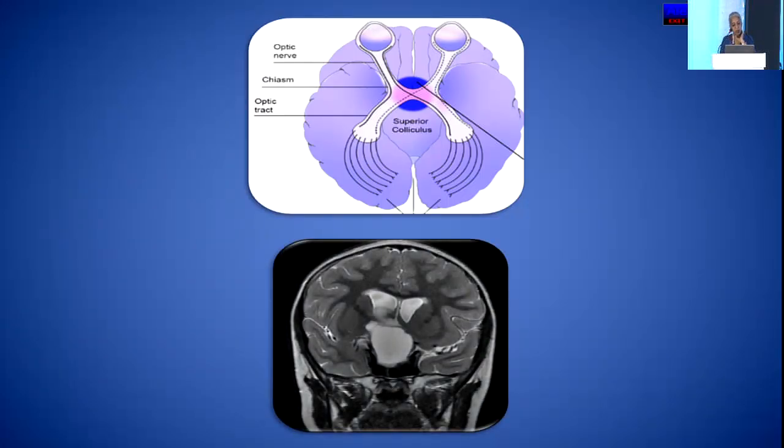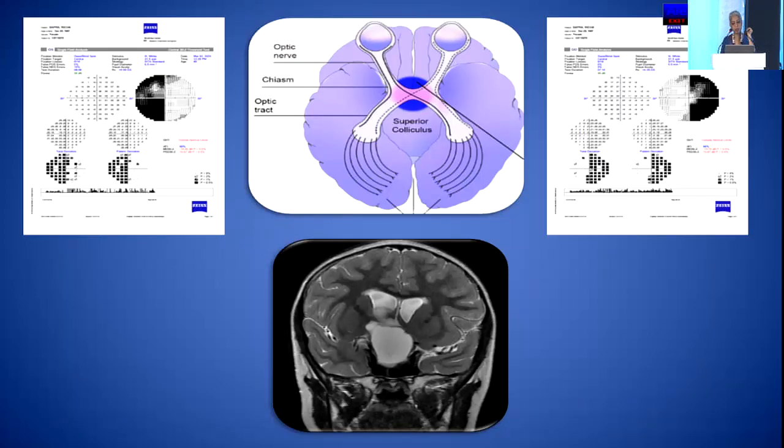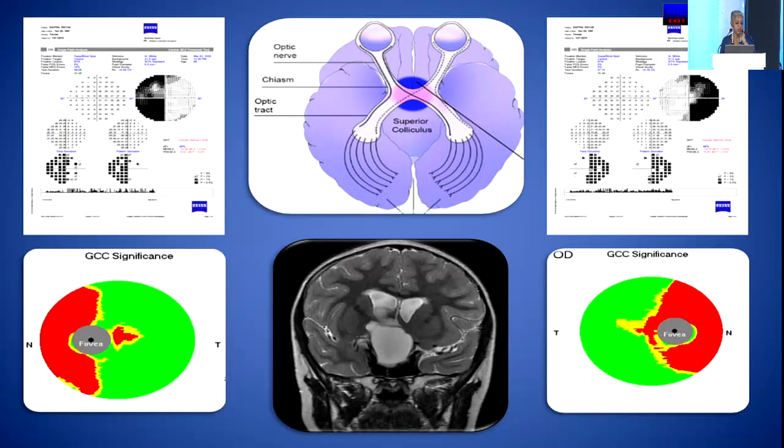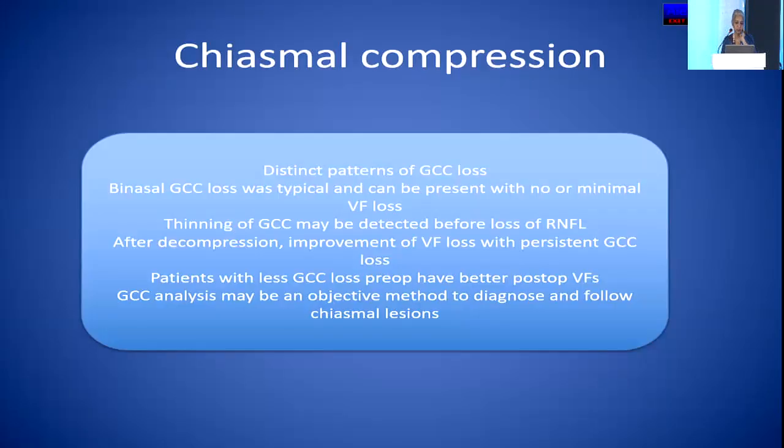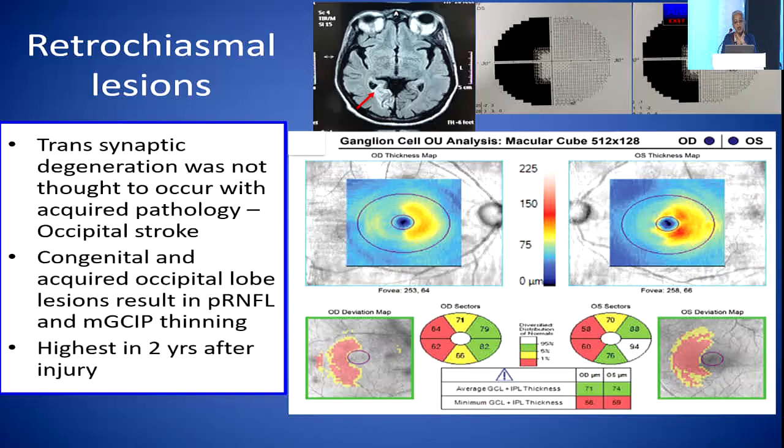In chiasmal lesions, you have compression of the crossing nasal fibers, which shows up as bitemporal hemianopia, but can also be seen as binasal thinning on the ganglion cell analysis. Retrochiasmal lesions, which were initially thought not to cause too many OCT changes, we can now see that the pattern is reflected on the ganglion cell layer. So if you have a left homonymous hemianopia, for example in the right eye, if you have a nasal field loss, then you will have a temporal ganglion cell loss, and similarly in the left eye, if you have a temporal field loss, you will have a